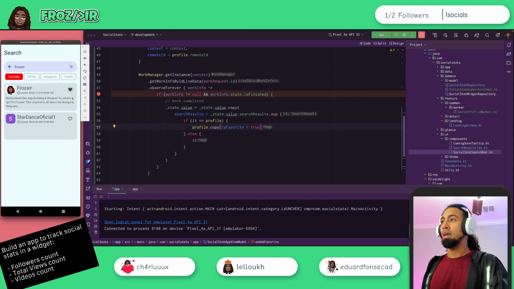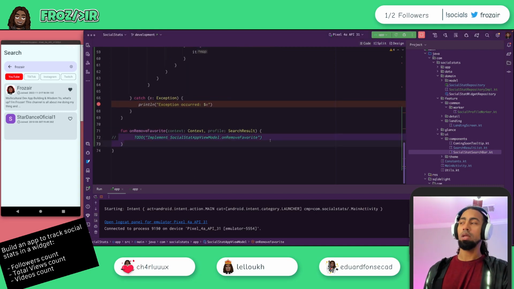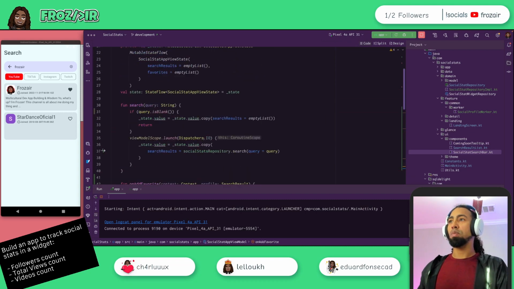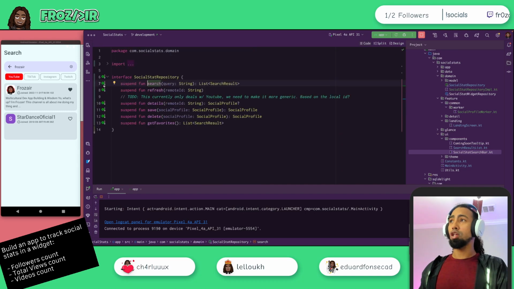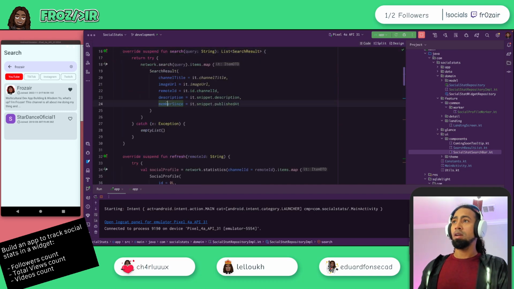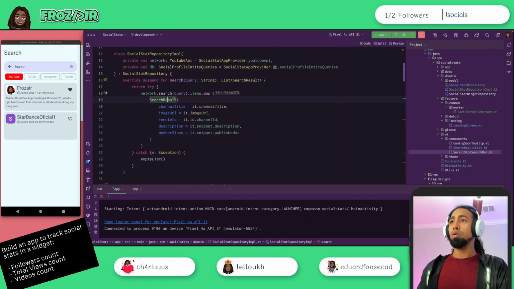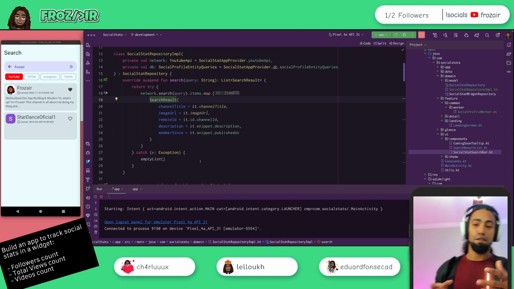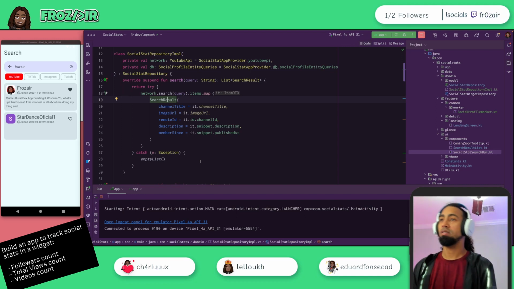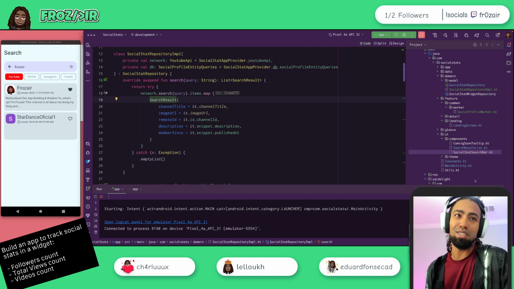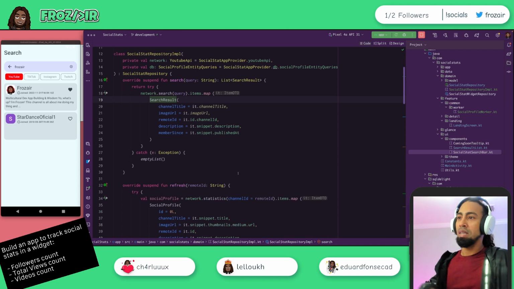Dope. And the reason it doesn't work when I click it to remove is because I don't have this implemented, one. And two, when I actually fetch my search results here, this result doesn't include the favorites. Right, this search result is not a favorite. So how can I verify if this is a favorite? I'll need to verify if the results in here are favorites. So I need to hit my database layer basically. Yeah,